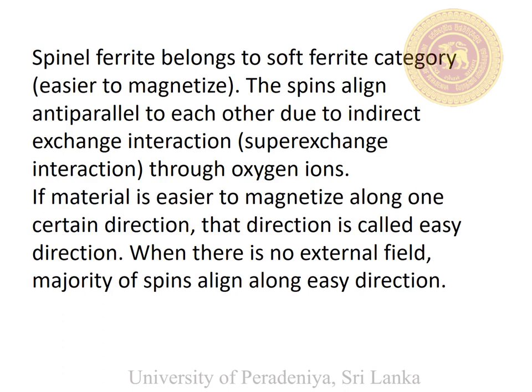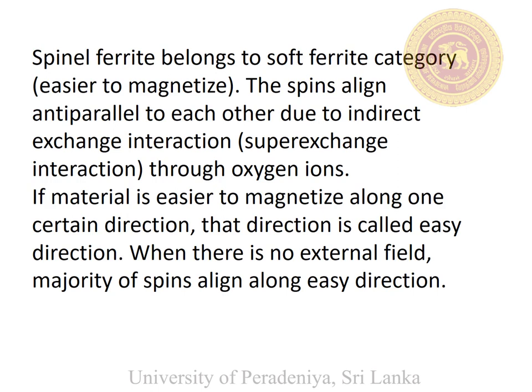If we can easily magnetize a material, it is called a soft magnetic material. Spinel ferrite is a soft magnetic material. The spins align antiparallel to each other due to indirect exchange interaction through oxygen ions. In spinel ferrite,